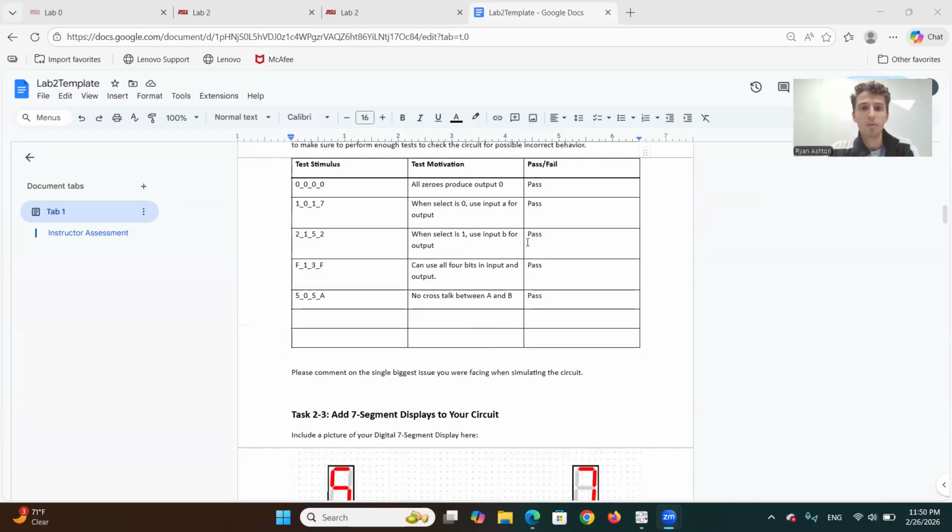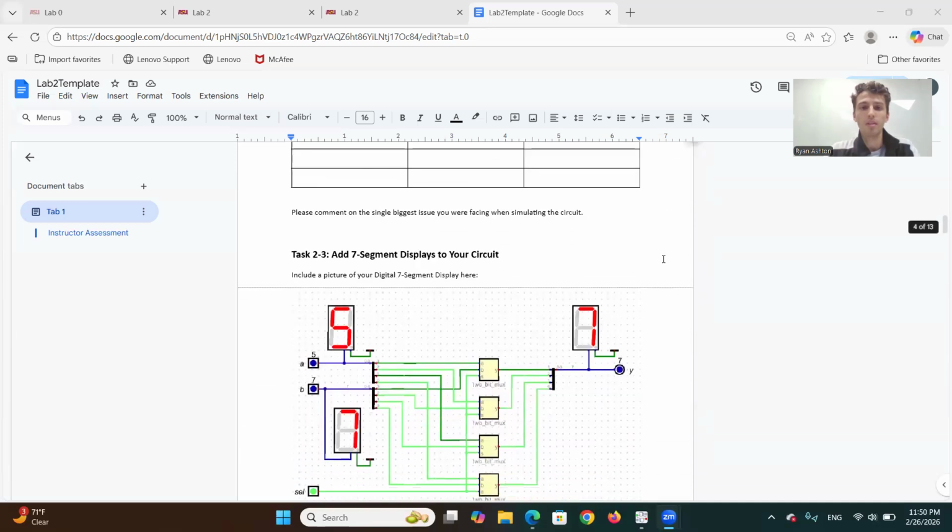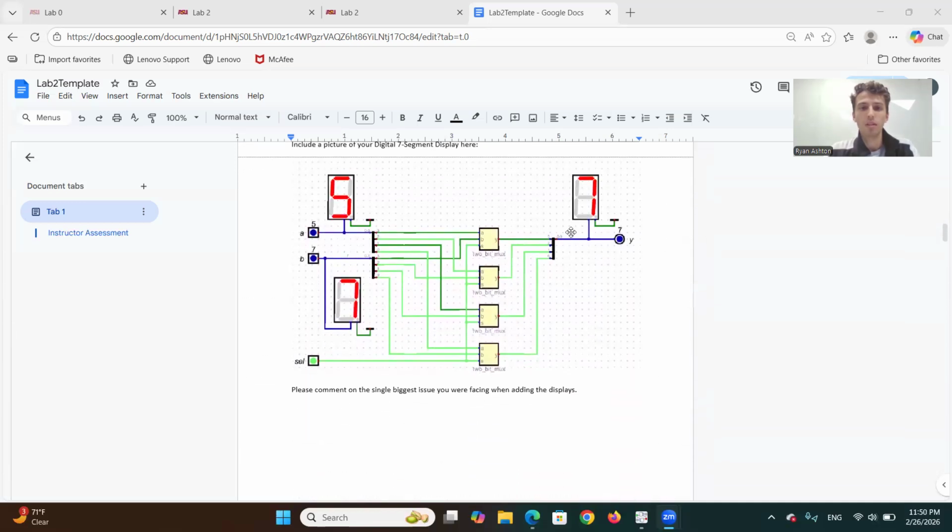And then here's just some of those tests for all zeros. When your select is 0, input A will come through. When your select is 1, input B will be your output, and some other simple tests. Here's with the digits,